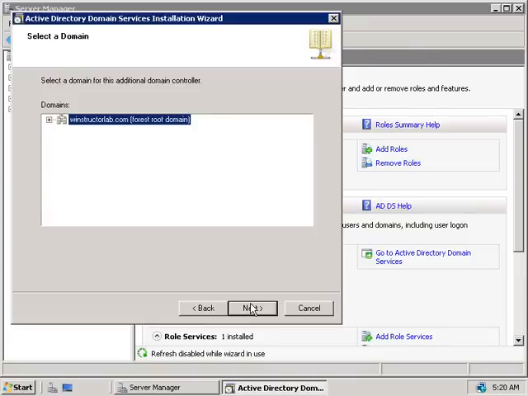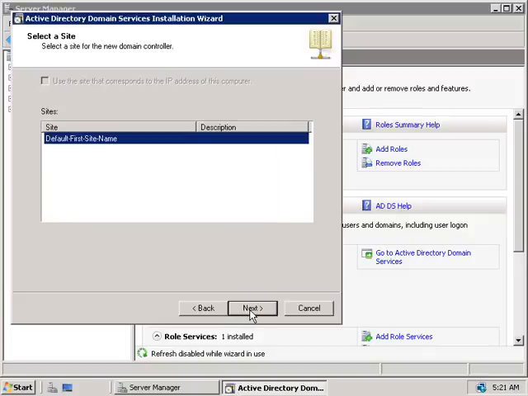All right, now we'll need to select which domain this new domain controller is going to become part of. Now this time, since we've installed a child domain in an earlier video, you'll note here that we have the option to either install this domain controller into the root winstructorlab.com domain or into the child London domain. Whilst it really doesn't matter which one we choose, let's choose the top one here, winstructorlab.com, and we'll click